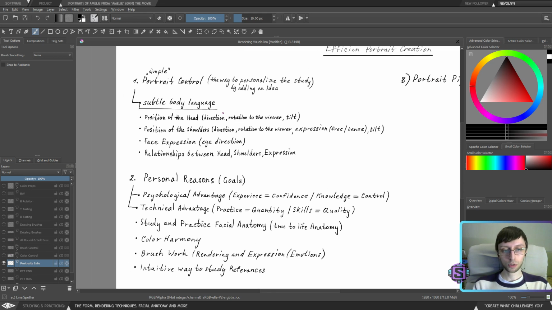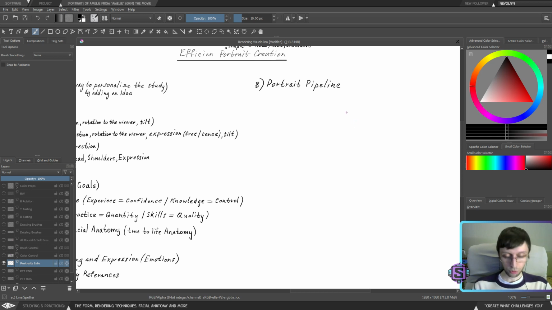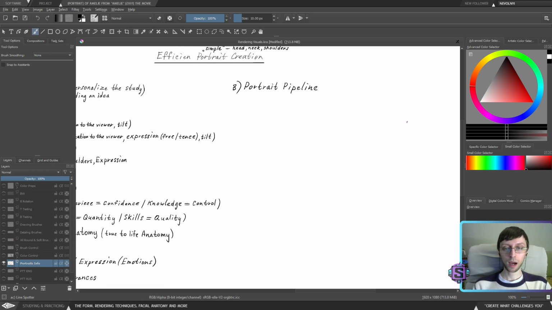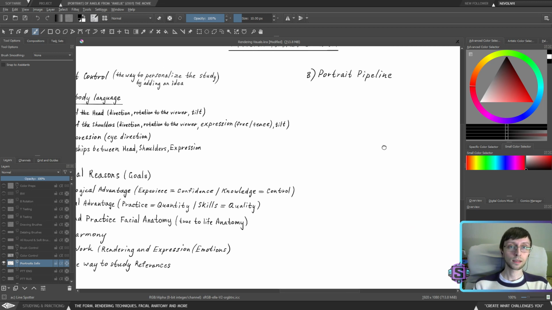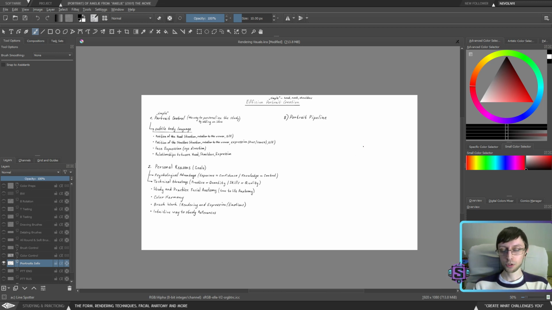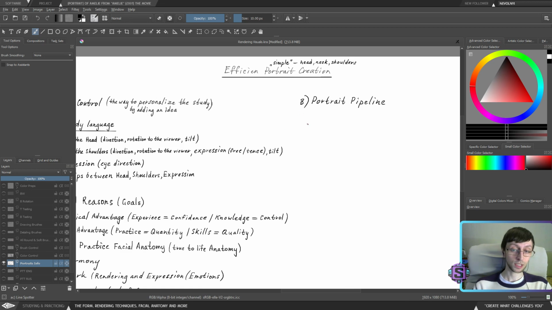In order to learn how to add the subtle body language control to it, we will add the illustration stages, and then we will combine them together when we work with illustration passes, which will combine the portraits with the illustration stages. And then it's going to be our actual pipeline for dealing with portraits that we'll start to do tomorrow. I wanted to start drawing portraits already today, but I didn't manage to cover this information, because you need to sit and discuss it with yourself and figure out what's next.